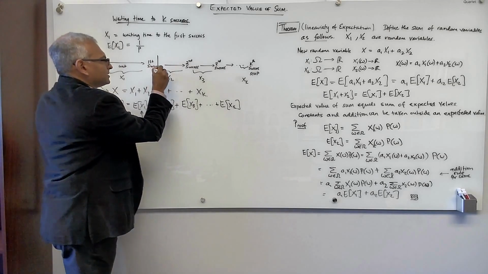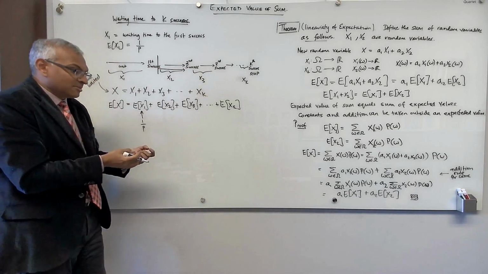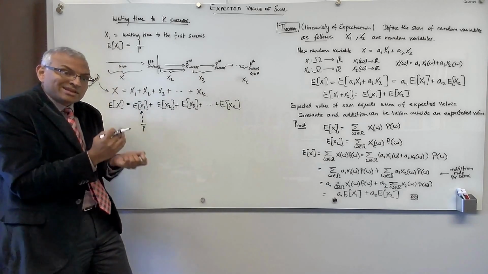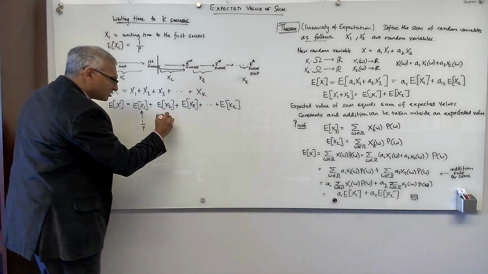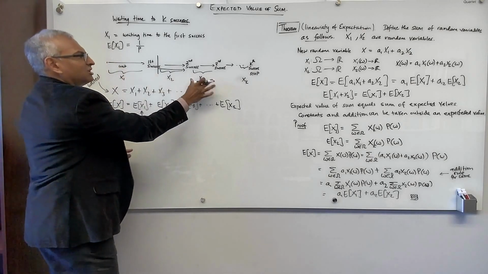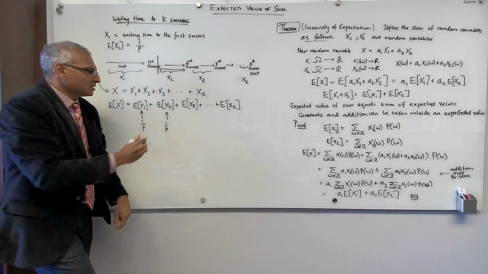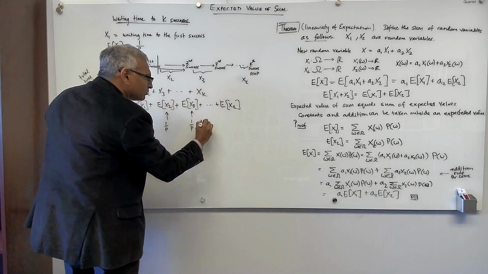And then we wait. And how long do we have to wait? Well, we wait X2. But in expectation, that's exactly the same as waiting for the first success. We're waiting for one success, so this is also 1 over p. And then X3 is waiting for one success. How long do you have to wait? On average, in expectation, 1 over p. So all of these guys are 1 over p plus